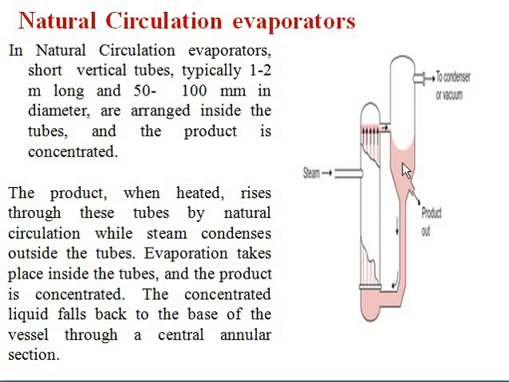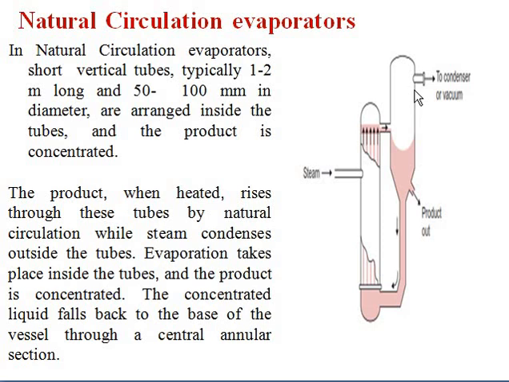You can see here that we have to feed our food product from this section. So this will move here, and this one is the steam section. When we are applying the heat energy, the product will rise with the help of this steam energy. With the help of this energy, the evaporation will start and it will rise. After rising, it will move to this section. Clear? So here this product will come downward and the vapors will be collected here, and they will be condensed and can be discarded.